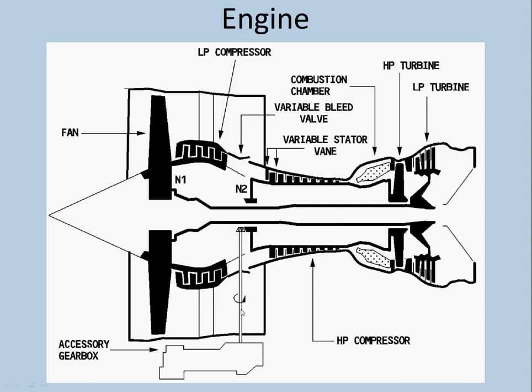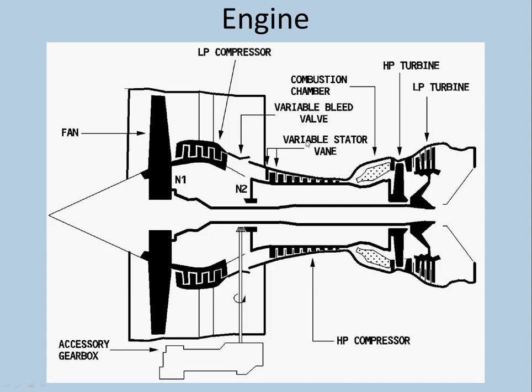Now this is the accessory box. The accessory box is where you have the oil feed pump, the FEDEC alternator, the engine driven generators, the IDGs, and the hydraulic pumps that pressurize the green and yellow hydraulic systems respectively. Also the main engine fuel pump that provides the combustion chamber with fuel is in this. The pneumatic starter that enables engine start is here too. The accessory box is a mechanical linkage that runs all the accessories inside the gearbox.